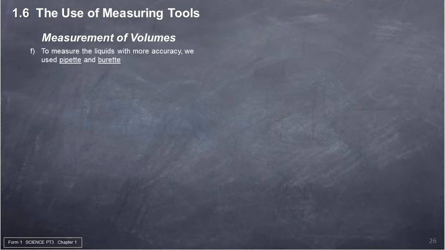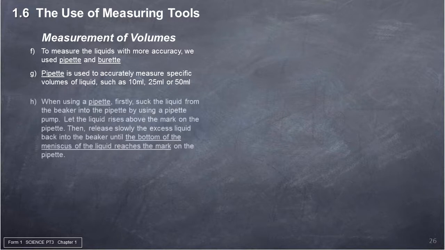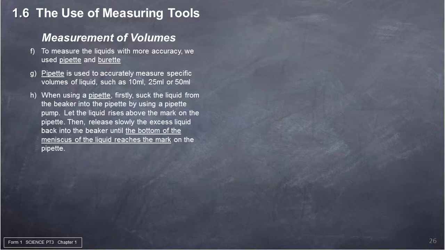F. To measure liquids with more accuracy, we use a pipette and a burette. G. A pipette is used to accurately measure specific volumes of liquid, such as 10 milliliters, 25 milliliters, or 50 milliliters. H. When using a pipette,